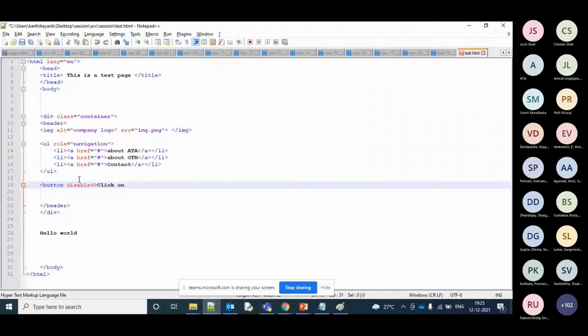Imagine there is an agree to terms and conditions on top. Click on the terms and conditions. Okay, maybe I'll click this itself. Submit.